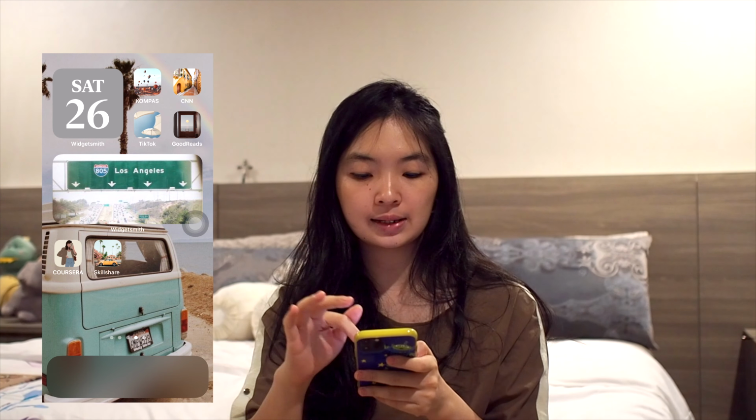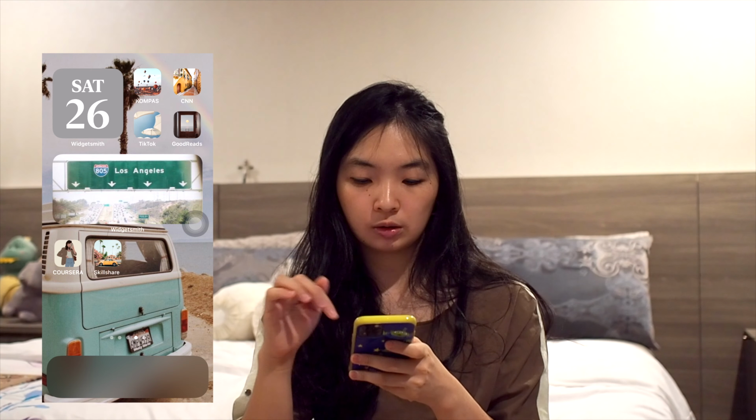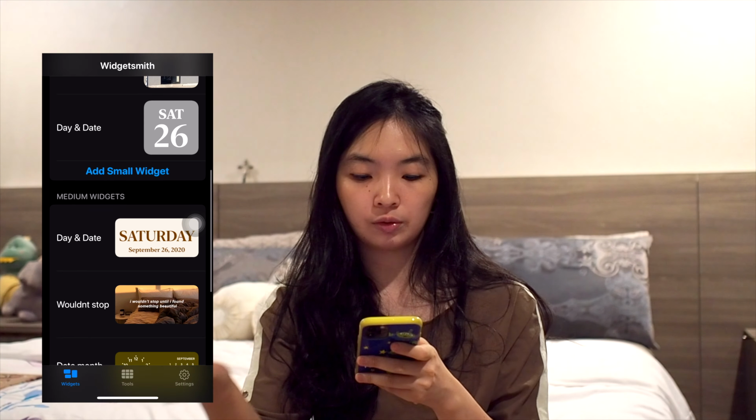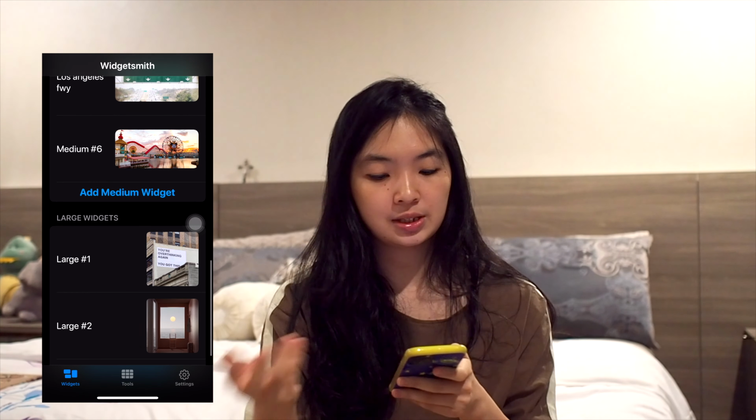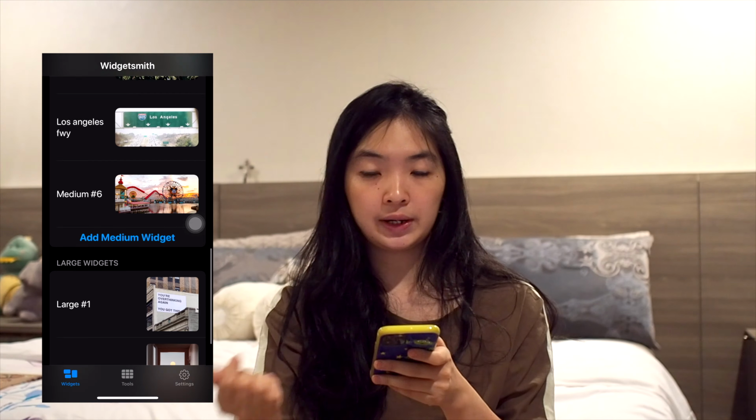It's that easy. It's the same with medium widgets and also large widgets. So this is what I created for medium widgets. It's just that simple. If you'd like to change it, you can just change it right away. It's very easy. Once you're done with all of the Widgetsmith customization, we can go to the next one, which